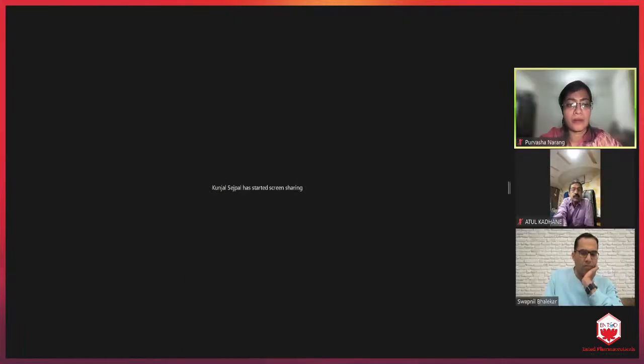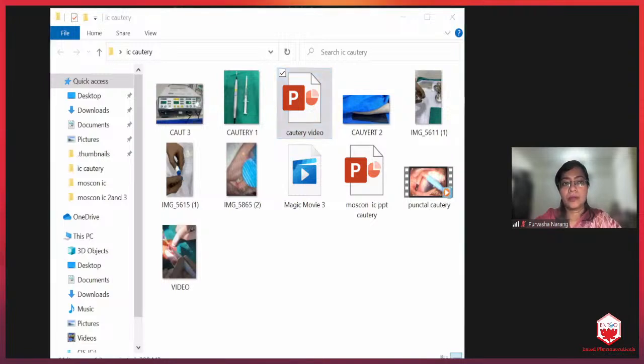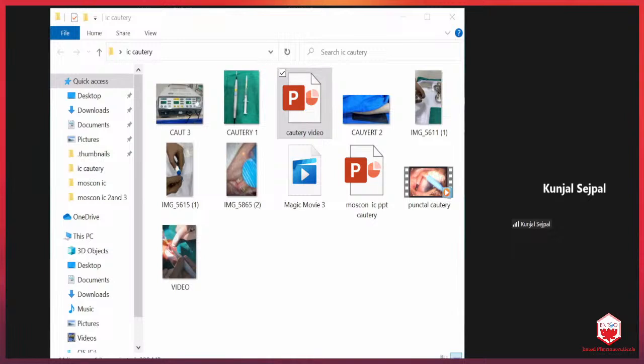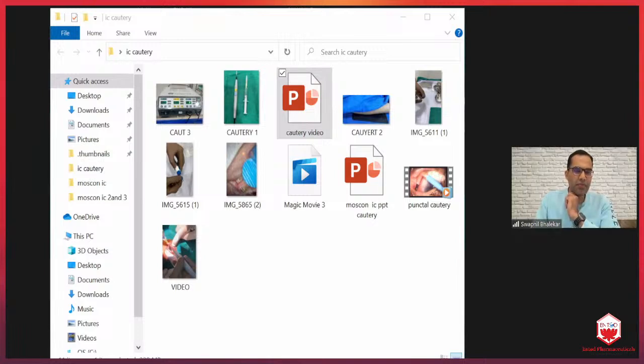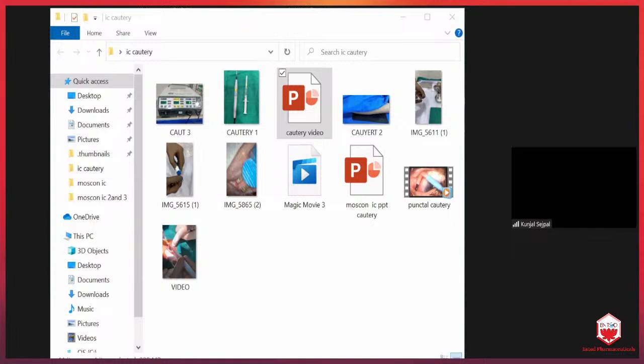You can click share screen again. Is it visible now? Your screen is visible, but not the slides. We are stuck on the Explorer. What could be the reason? Is there a support person here who could tell me what could be the reason? Are you there?